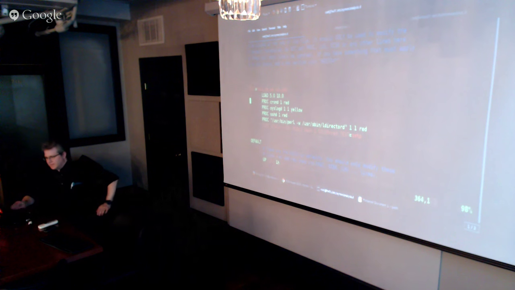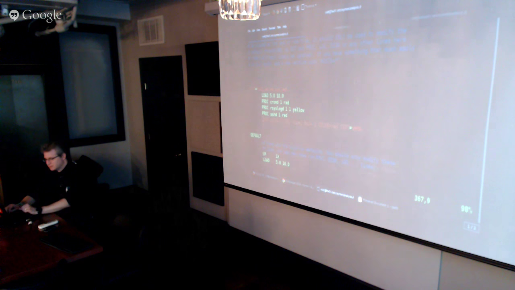Okay, so I'm going to look for cron. I know this system uses rsyslog. SSH. I do not run LDirector on my system at home, so I don't need that.